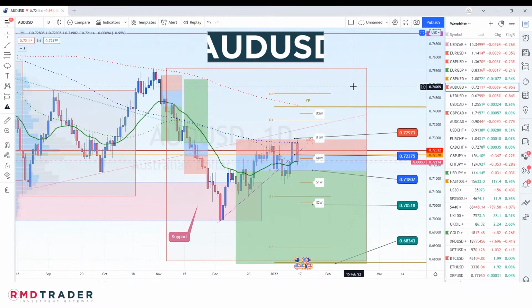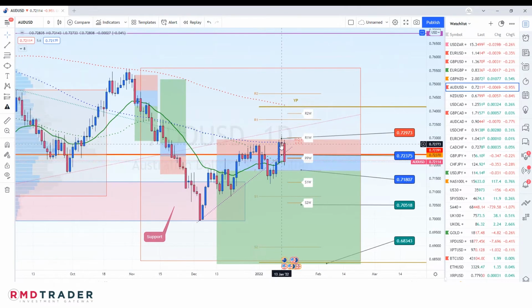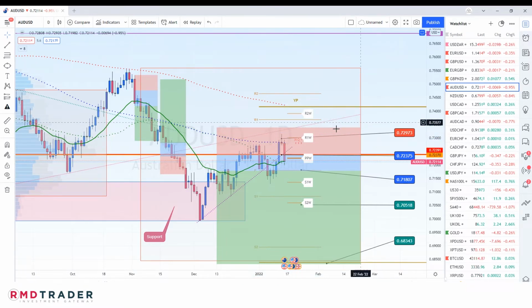AUDUSD, also one of our previous trade setups, and this one just took out our stop. I think we might have been a bit too conservative with our stop, placing it too close to our daily 100 SMA, which obviously acted as resistance in this case. So perhaps a better place would have been somewhere between this area of our daily 100 and